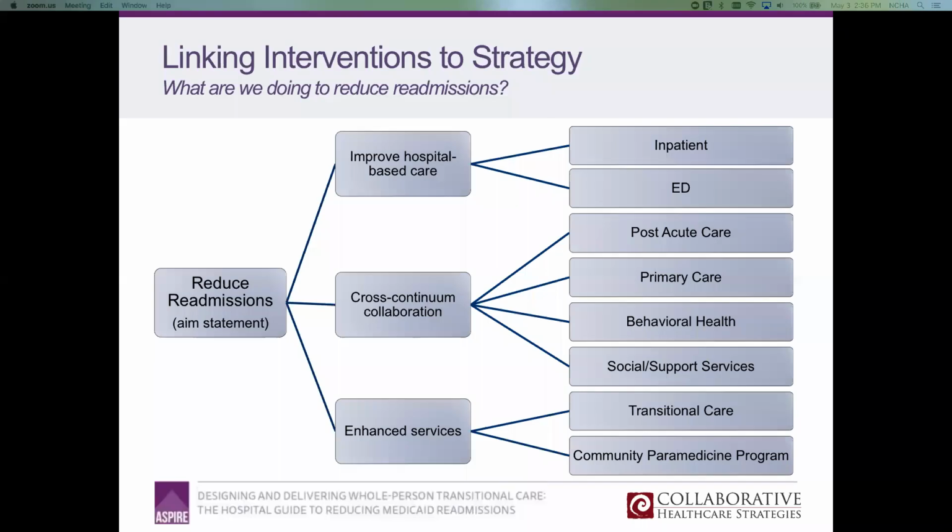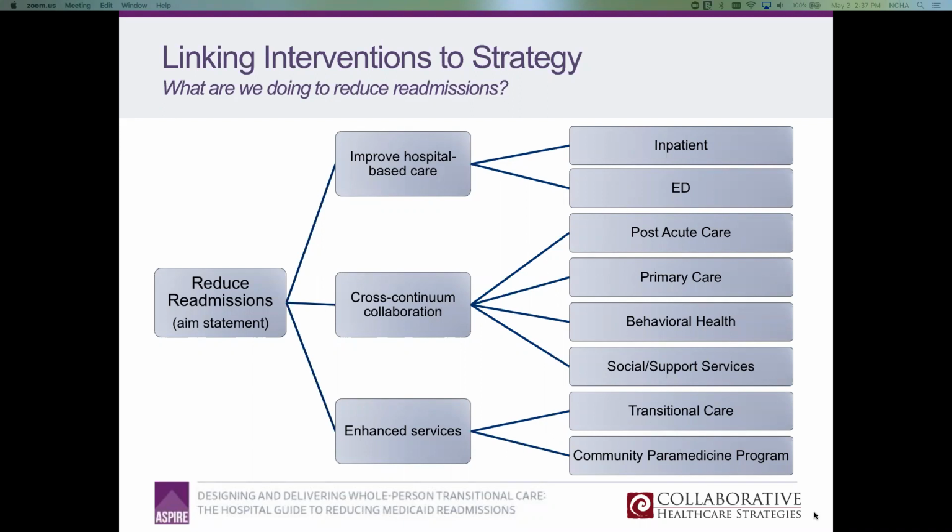Thank you. Okay, so what you can see is a filled-in driver diagram. And of course, recognizing that many of you, as you've already said in the chat, have all-cause readmission reduction goals or multifaceted readmission reduction goals, I wanted to share this with you. This is my mental model of a generic readmission reduction driver diagram. So, again, food for thought.